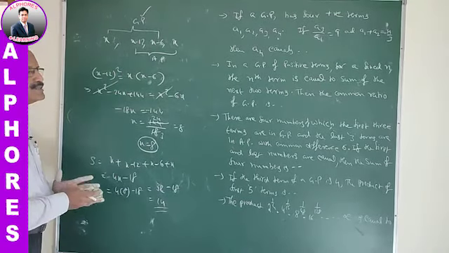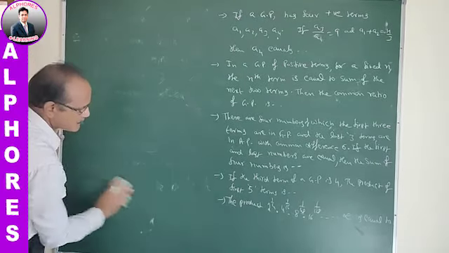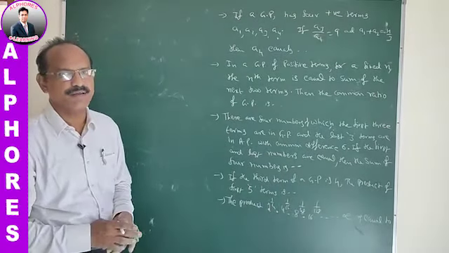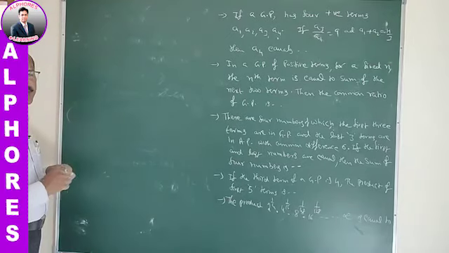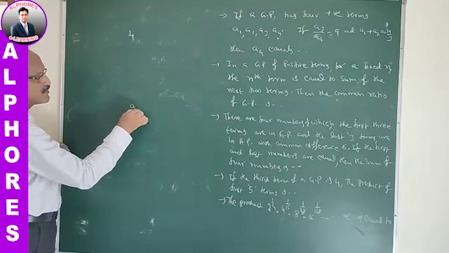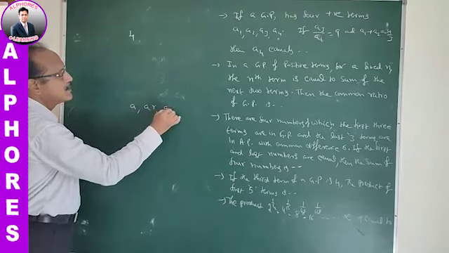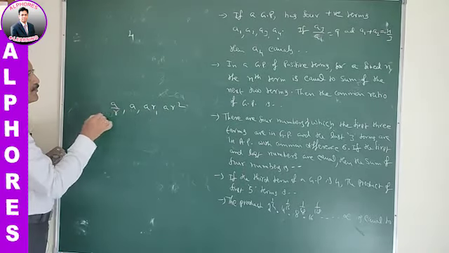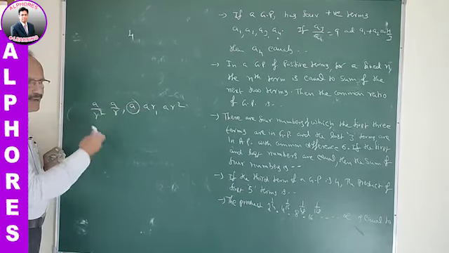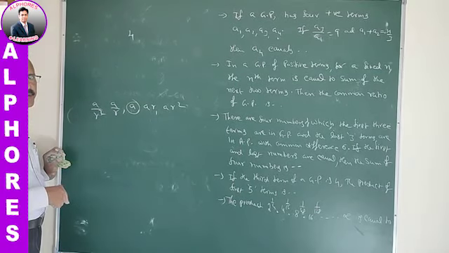If the third term of a GP is 4, then the product of the 5 terms is required. Right. Selection of 5 terms of a GP: first, fix the middle term as a and maintain common ratio r. We can write 5 terms of a GP when the product is required. The middle term should be a, maintain the common ratio r. This is the procedure for selection of an odd number of terms in a GP.